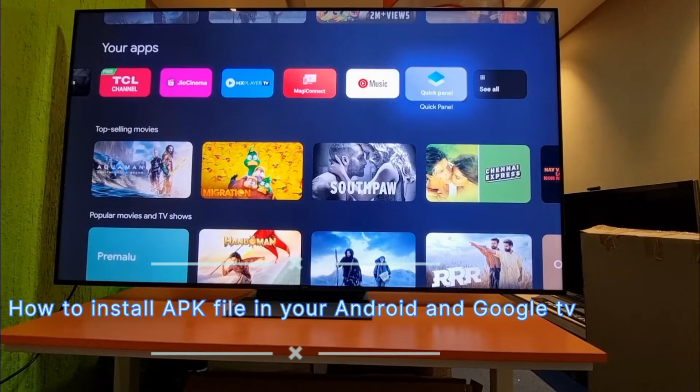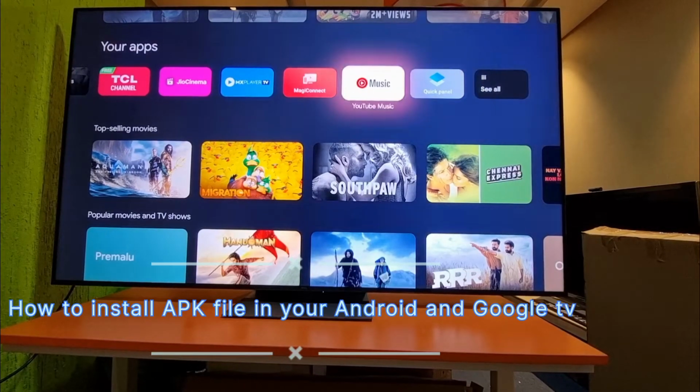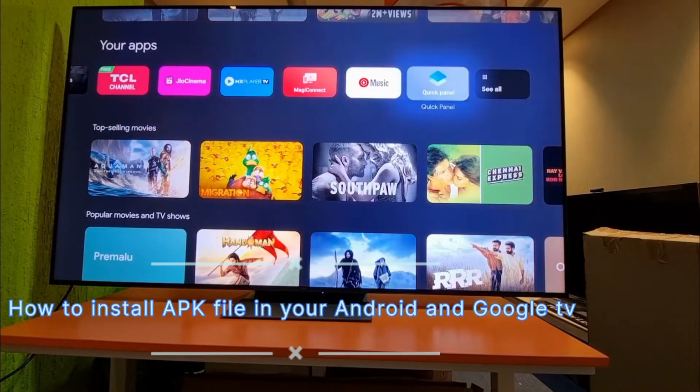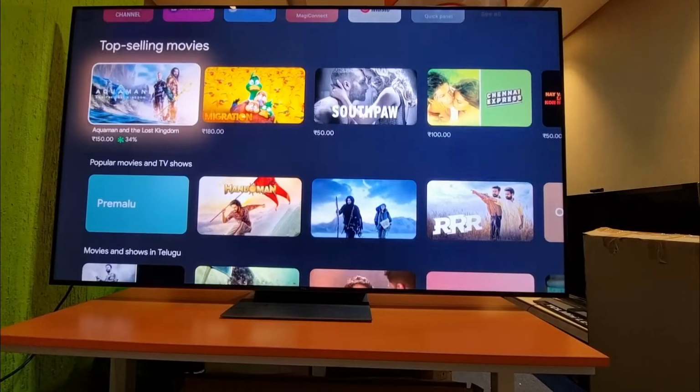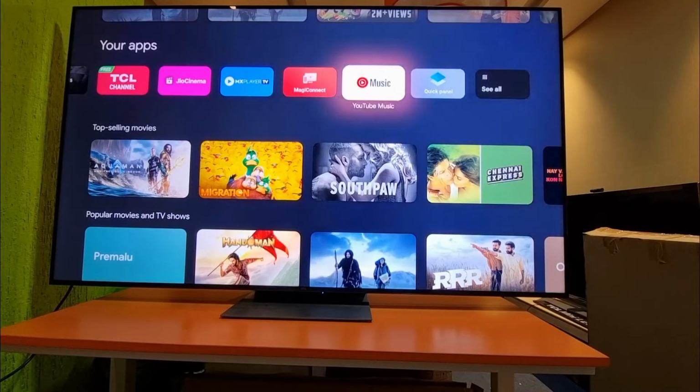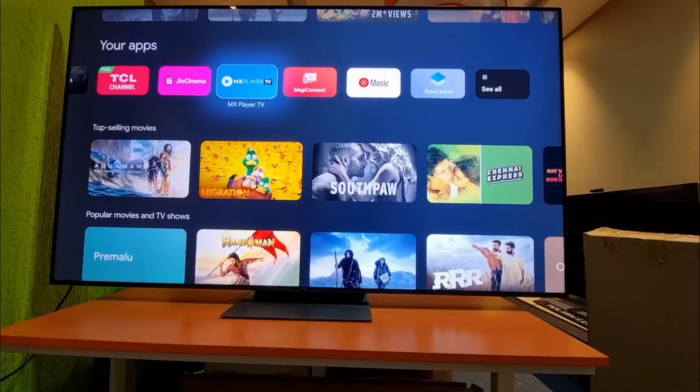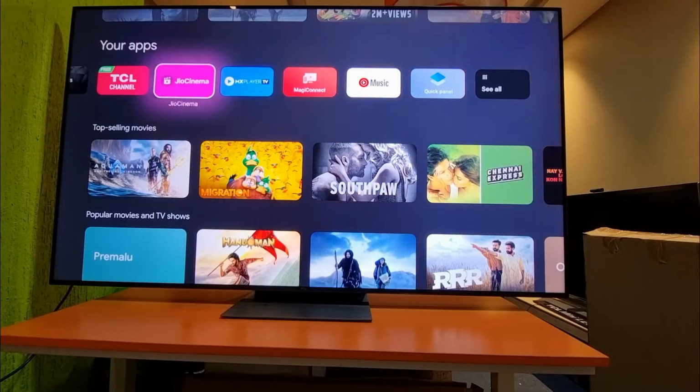Hi friends, today I will show how to install APK files and where to get your file manager on our TCL, Difalcon, Google TV or Android TV. Okay, Android and Google TV, the application names are the same, and the process will also be the same. And if your TV is running slow and lagging, in that time also you can use this